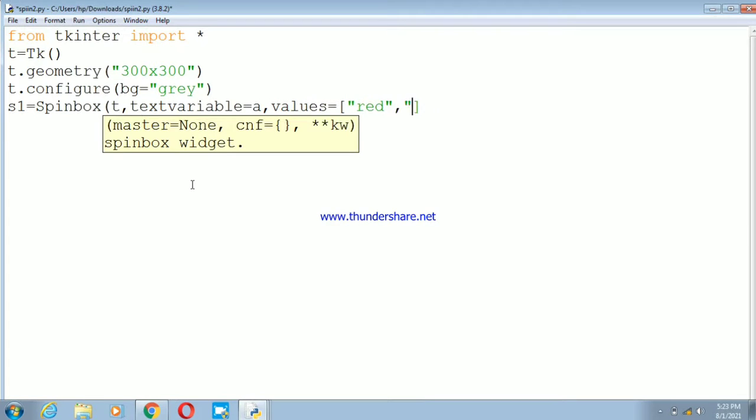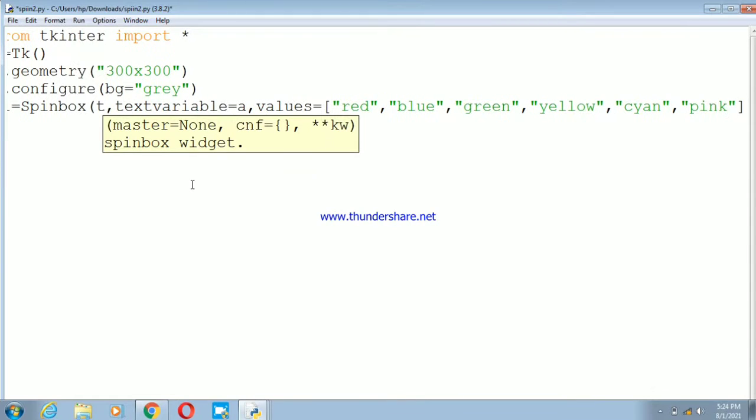As you can see, red, blue, and then green. Then we are defining yellow. Finally, we can define cyan also, and after that, we are defining the color pink.